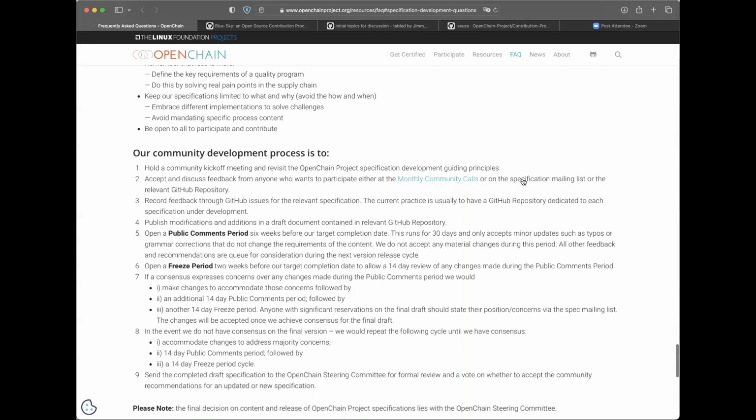This also has implications because if anyone sends a mail to another mailing list, that's not officially part of feedback. So if people send a mail to a country team list or similar, that's still not officially part of the feedback to a standard until it gets to the spec list or a call or onto GitHub.